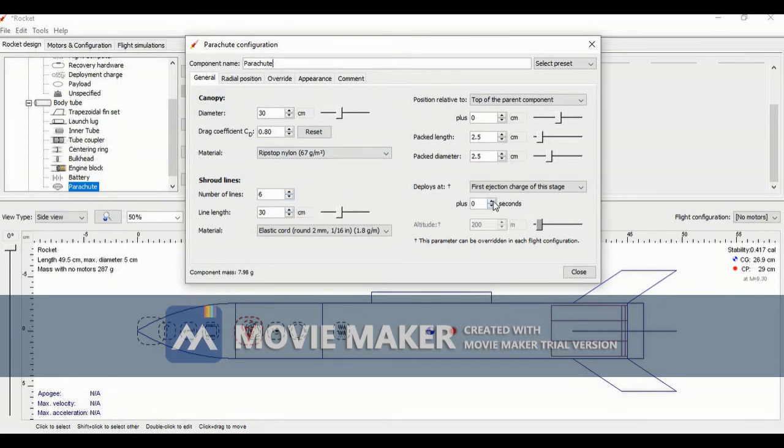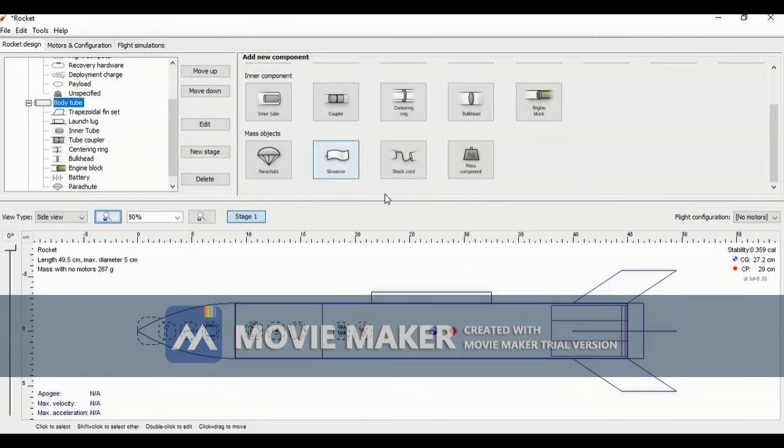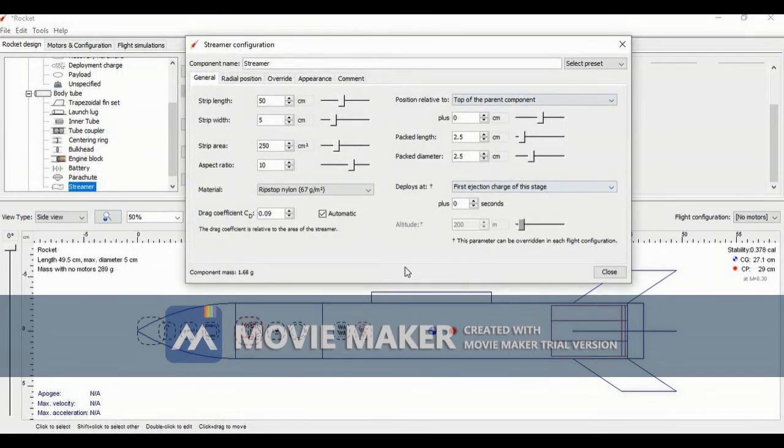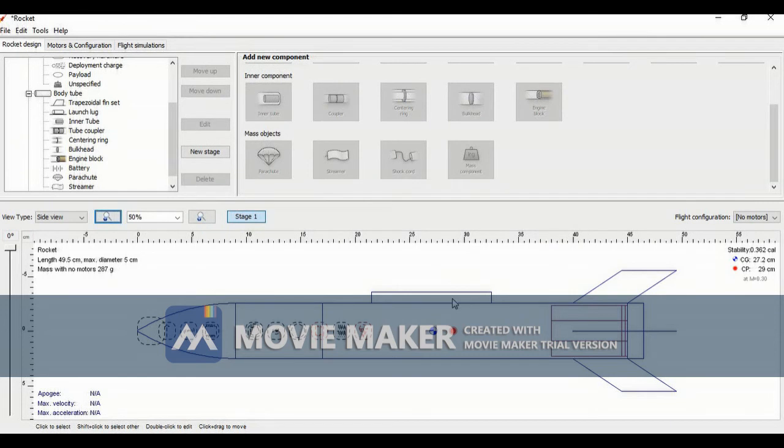Okay, so now in this we will be putting the parachute. Now the parachute we'll put, sorry, not here, here. So the parachute should be like here, and let's decrease its size. Now it should be with the battery. Yes, now we'll be putting the shock cord and the streamer. First of all, let's put the streamer. Let's make its size less. Then let's move it to the position, like we'll put it here. Also we will have this shock cord in here.